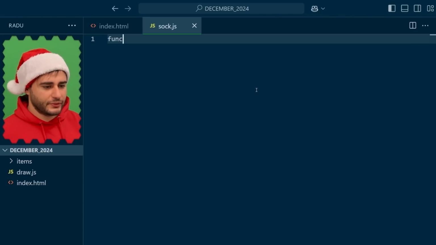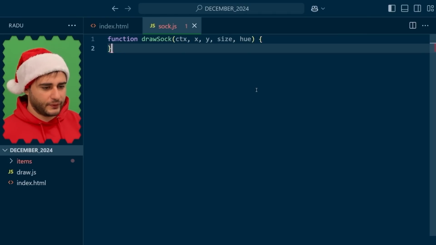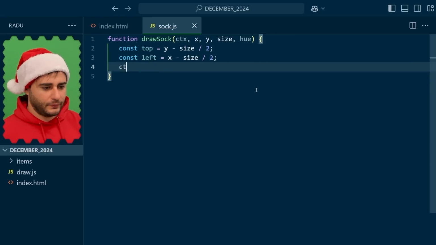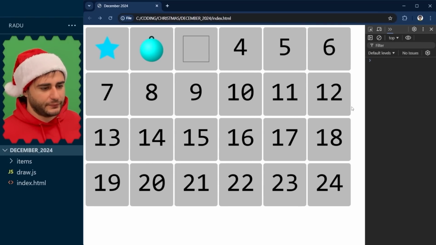Now the draw sock function is going to have the same parameters as all the other ones here: the center point, the size, and the hue. And I'm just going to test it by drawing the bounding box. We need the top and left to pass to the rectangle drawing function like so. It's going to be a square because these are the same value. So save, refresh, and we see now here on the third day the bounding box of the item that we